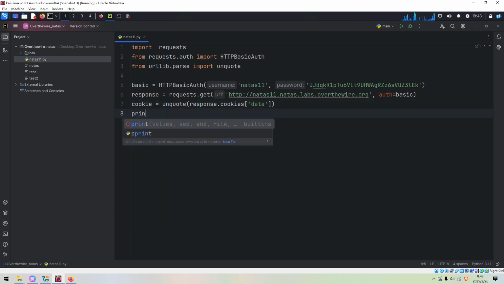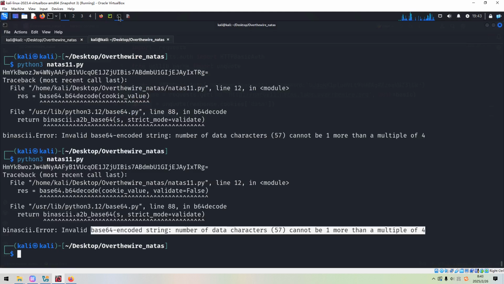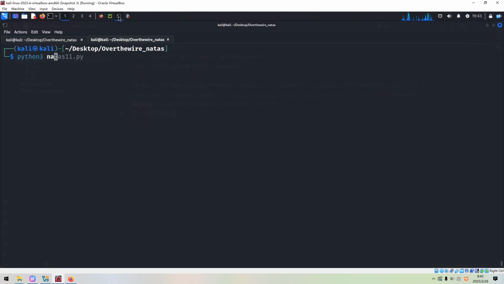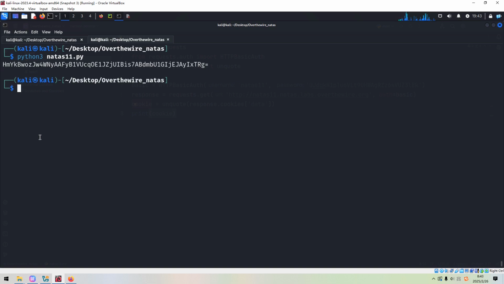Then we can print out the cookie. Very easy. Now let's run it. So this is the cookie, the decoded cookie. All right, so I think that's all I'd like to do in